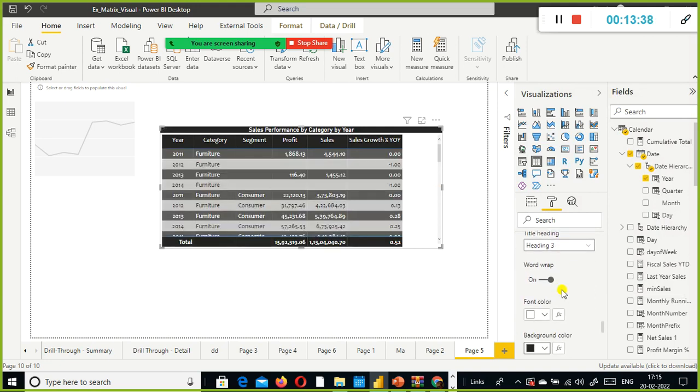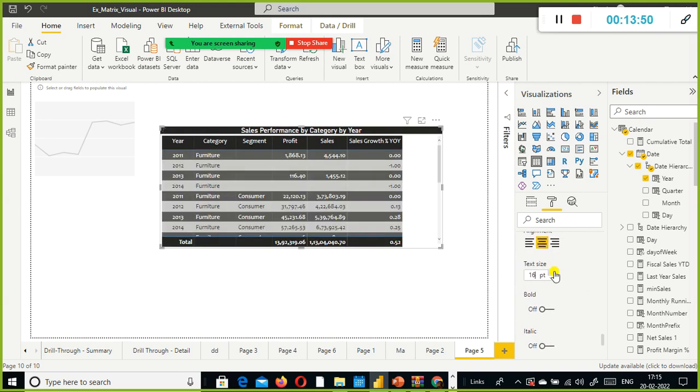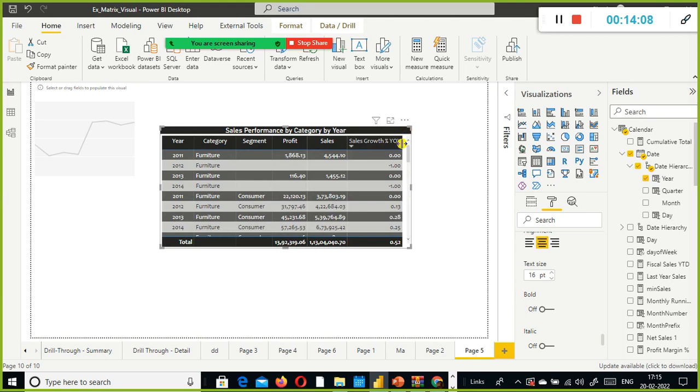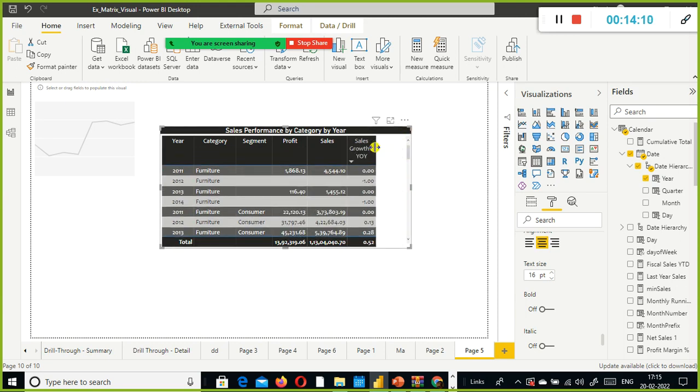So even for this, the font size, title heading here, and specify 2 also. The title you should make a little bigger, so that it will be visible. So I just resize it, just by dragging here. So you can do it. And also you can drag this one also, this position. If you don't want this big, you can minimize it. You can increase or decrease the column size also by dragging like this. You can do it.